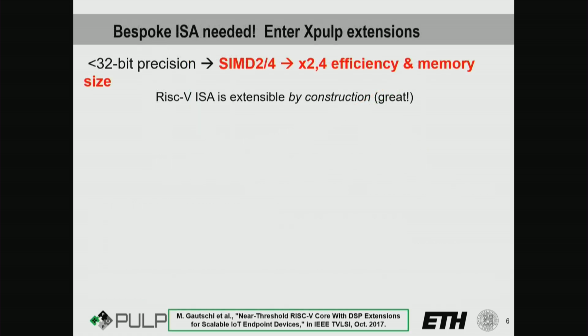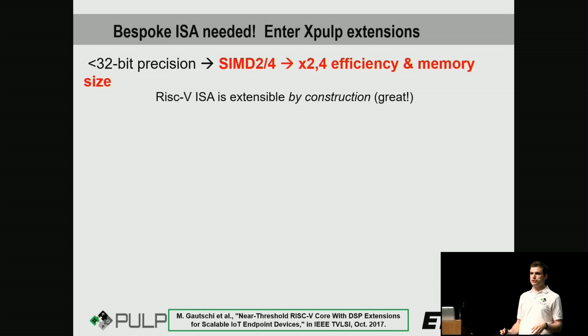So basically, as I said, going beyond the 32-bit or 64-bit precision standard, machine learning offers, as we heard, a lot of flexibility in bit precision, and you can go to much smaller arithmetic widths very easily. So a natural extension is to go to two-way and four-way SIMD vectorization, which gives you an automatic 2x or 4x efficiency and memory capacity speedup or bump if you don't need the precision. And so RISC-V is an awesome ISA to start to do that, because it has been designed for extensibility